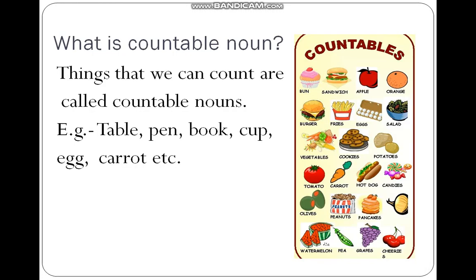First, we will start with knowing what is a countable noun. So, countable nouns are things that can be counted. Suppose you say, I have a pencil with me, and your friend says that he or she has 3 pencils with him or her. So, how many pencils? 3, right? What does that mean? That means that your friend can count the number of pencils, right? This makes it a countable noun. So, pencil is a countable noun.